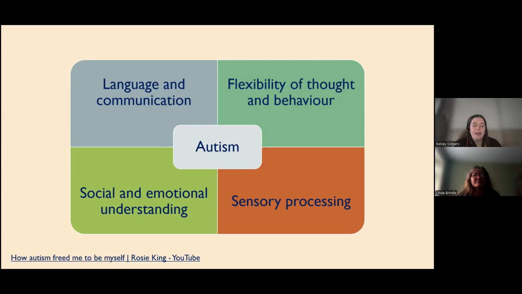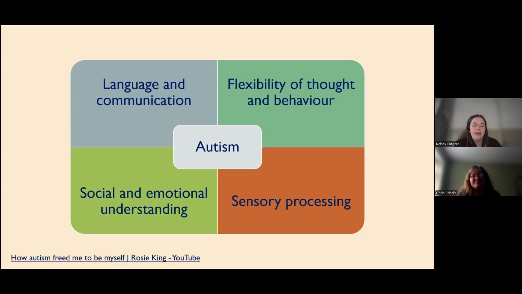So we're going to firstly start with autism. Other terms we might hear here might be autism spectrum disorder or autism spectrum condition. And as we named when we thought about language, often people prefer to be called autistic as an identity rather than person with autism or a child with autism. I often think here about a young person who once told me they don't carry their autism around with them in a bag. It's totally part of who they are. So that's the language that I'll be using.